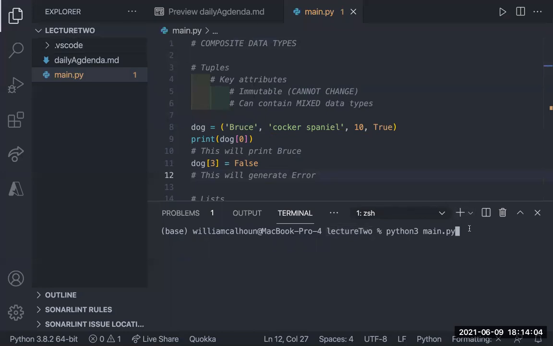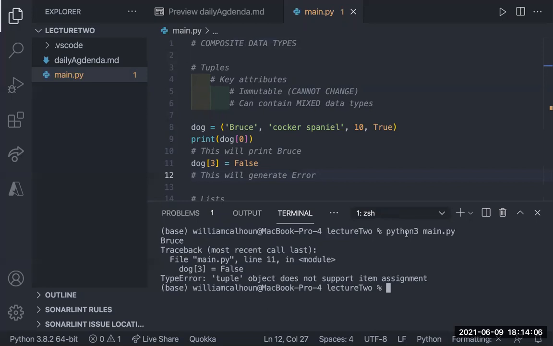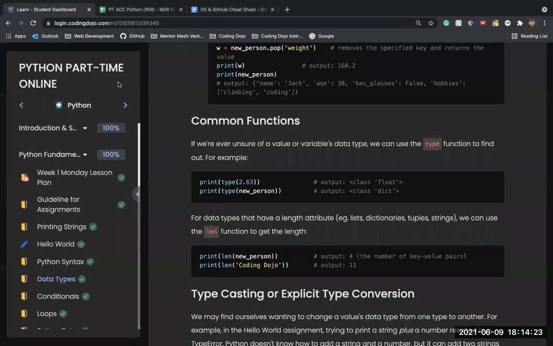If I say this, it will say type error: tuple object does not support item assignment. Again, it's saying you cannot reassign a value within a tuple. Once you declare it, that is what it has to be. Any questions on tuples?